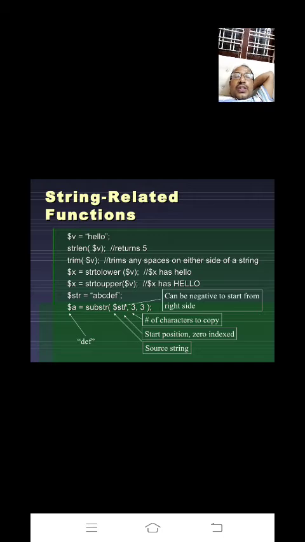Yes. The third PHP string function is $x is equal to strtolower($v). This function strtolower means string to lower. If you have any capital letters in that string, they will be converted into small letters. Lower means small letters, upper means capital letters. Whatever string you pass into this method is converted into small letters and stored in $x.